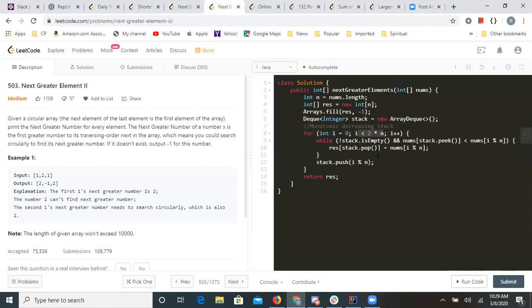The only difference is that whenever the index reaches 3 or more, beyond the actual array size, we transform it: 3 becomes 0, 4 becomes 1, and so on. Similarly, while popping out, we are just updating the result value. Go through this example on your own, and I think it should be pretty easy to solve this problem.